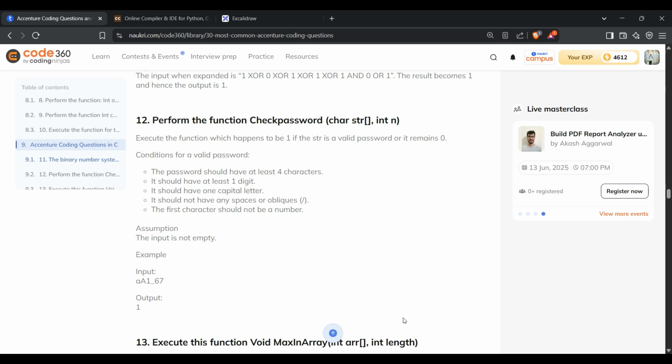Hello everyone. Today we are looking at another Accenture question, namely perform the function check password. We are given a string, and we have to check if it is a valid password or not. To become a valid password, the password should have at least 4 characters, it should have at least one digit,